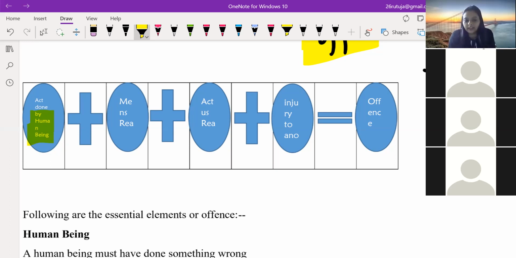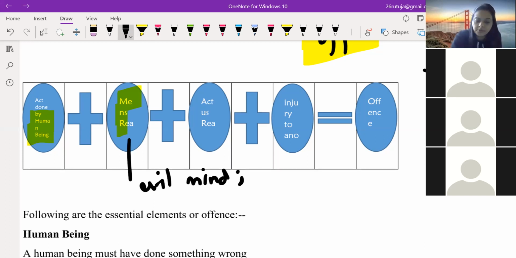Second essential ingredient is mens rea. Very important point. So mens rea plays a very, very important role in CRPC or any criminal offense. So mens rea क्या होता है? Mens rea, again, it's a Latin phrase. It means evil mind. Different terms you can use. It can be called evil mind, or you can say guilty mind. It is somewhere representing your intention.